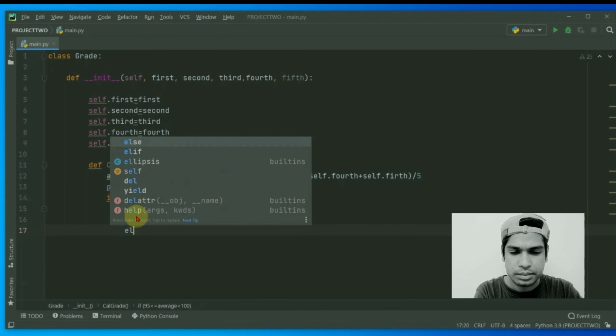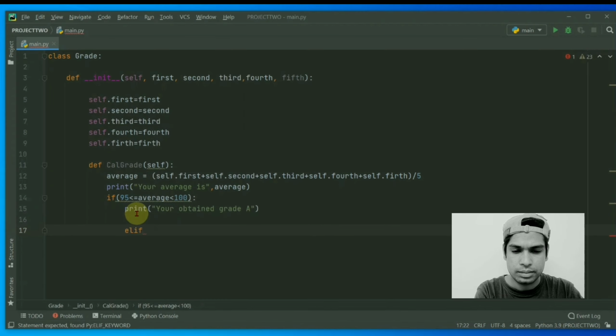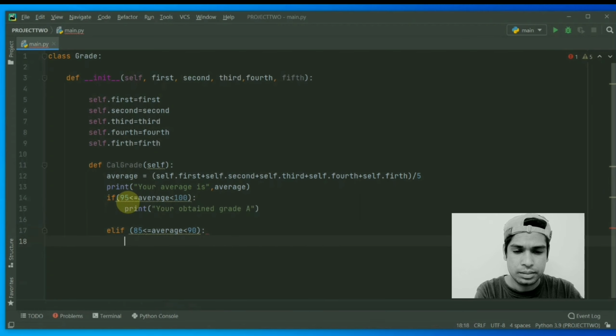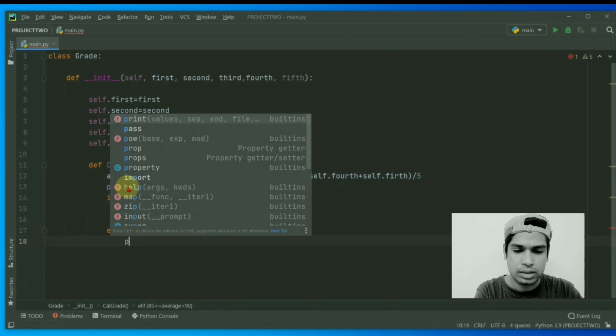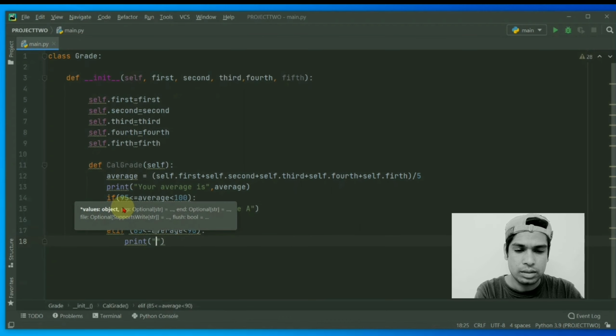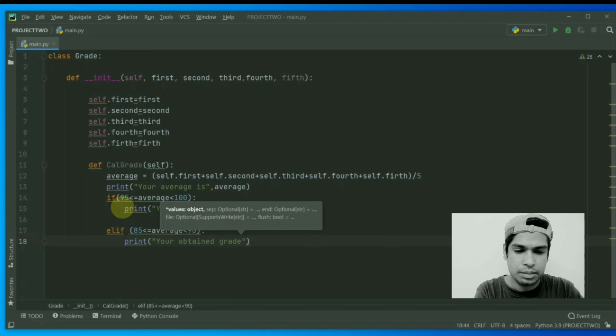if, parenthesis, 85 greater than or equal to average, 95. Okay, here I put 90, then print parenthesis, in quotation you obtain grade B,